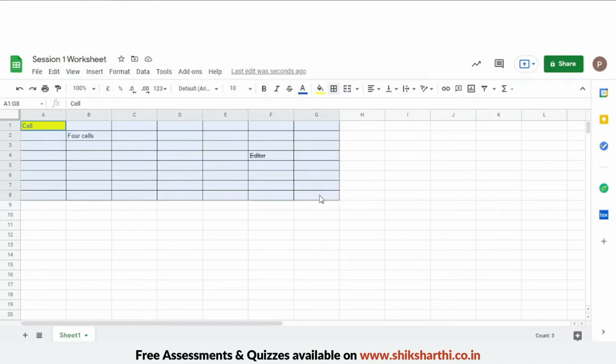Next, select this range. Since we are working with a range now, here is the alignment of the text you typed in a particular cell. If you want it to the left end, it will be on the left. If you want it in the center, it will be in the center. Select the range. If you want it to the right end, it will be at the right end. This is how to align your text.